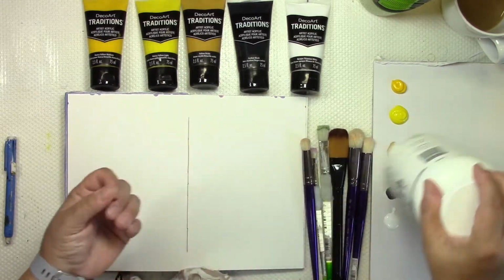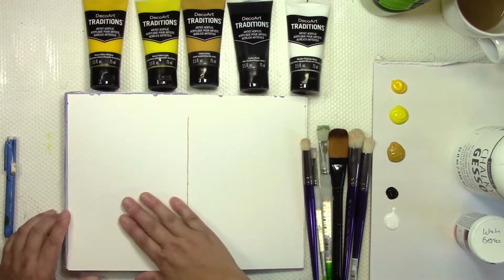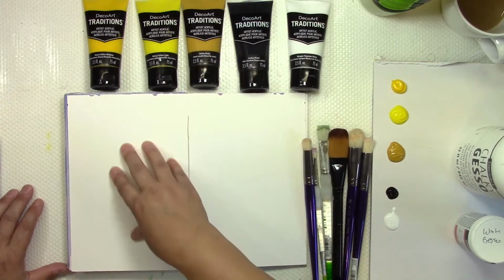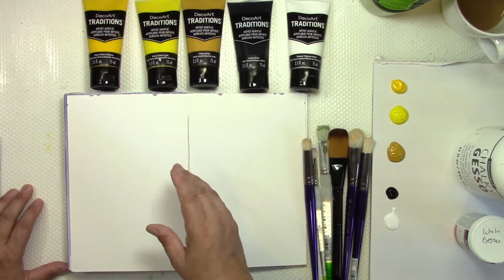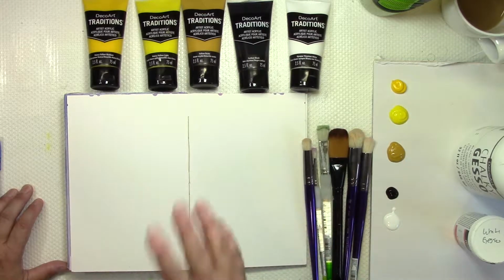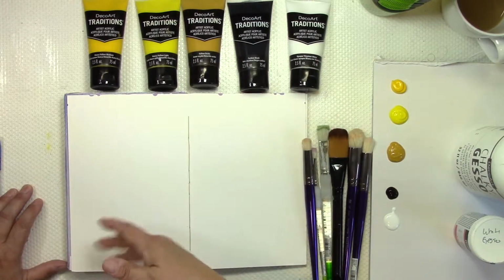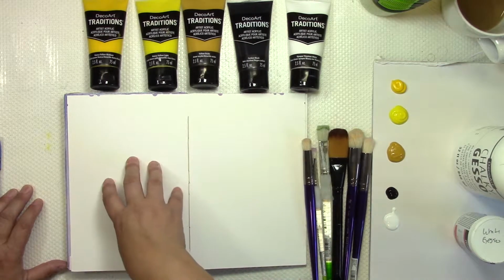The gesso basically creates a tooth. I'm using a smooth watercolor paper. I don't need to use gesso on this because the paper will already take the acrylics. But gesso is great if you have a slick surface or if you're covering something else up because it's a lot more economical than paint. What you can also do with it is create some texture. If you take your brush and slap it on, it'll create some really nice texture. So I'm going to do that,